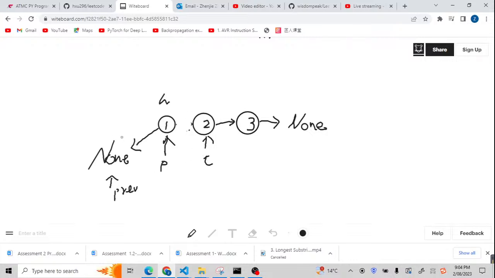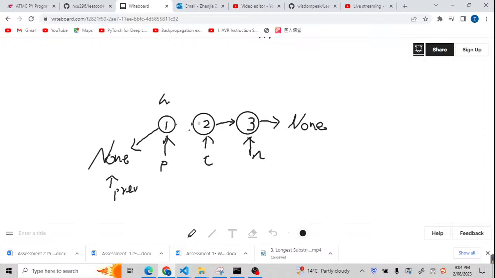What about the next step? It's also the same. We're just going to loop through each time. As you see, this node has already pointed to None. For the next one, node 2 will be pointed to node 1. What are we going to do? The current will be shifted to this next. First of all, we find the next. This is next, and then